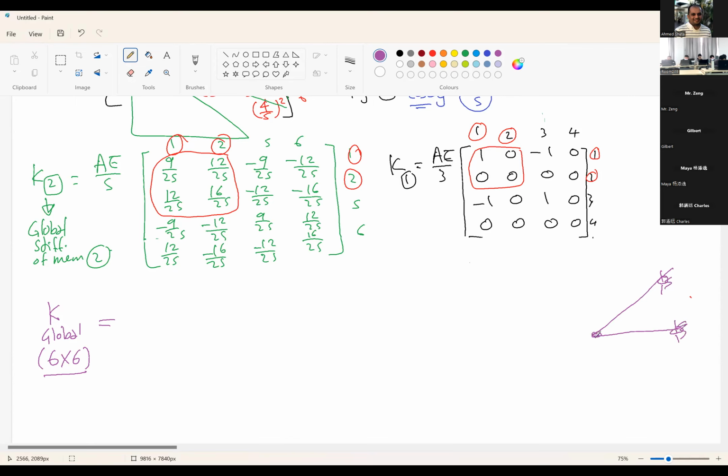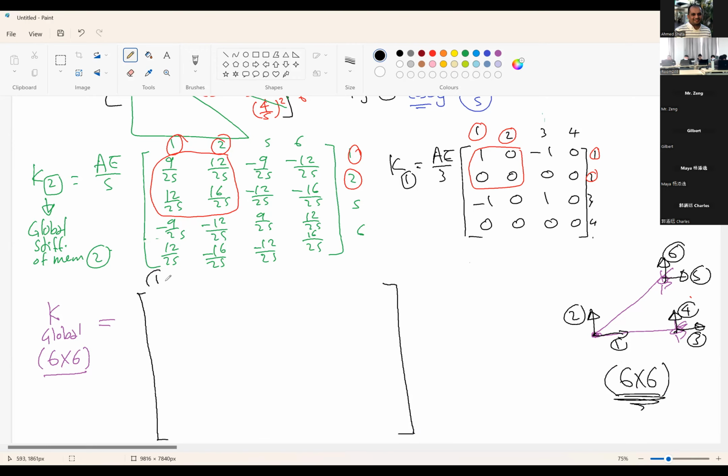So we have here 1, 2 degrees of freedom. Here 3, 4 degrees of freedom. Here 5, 6 degrees of freedom. So our global stiffness matrix for the whole truss is 6 by 6. So if we try to do this here,